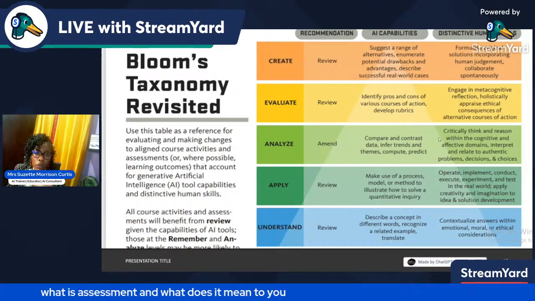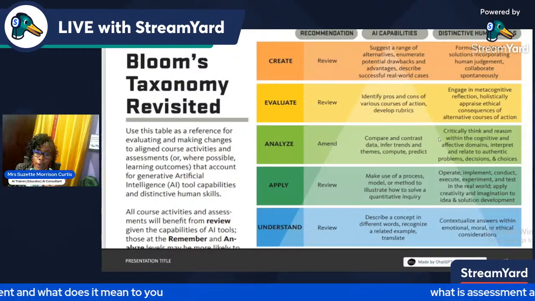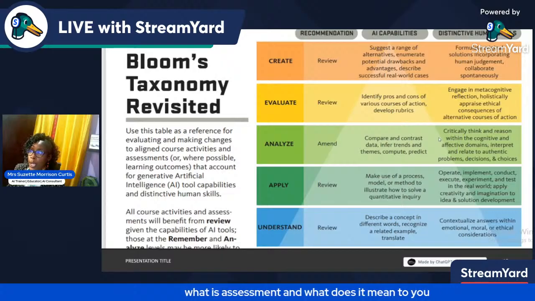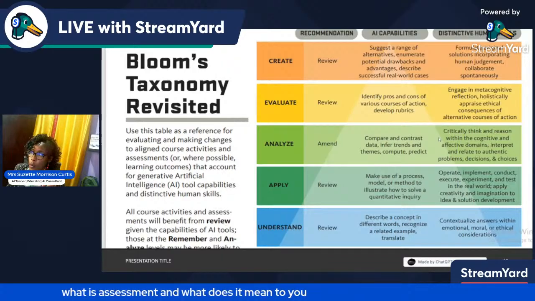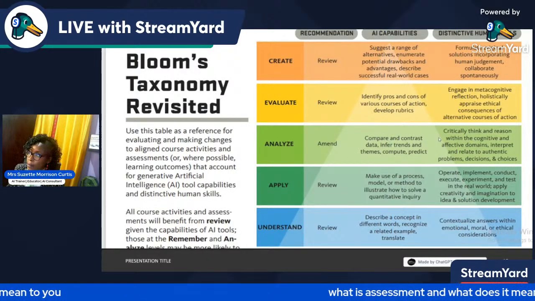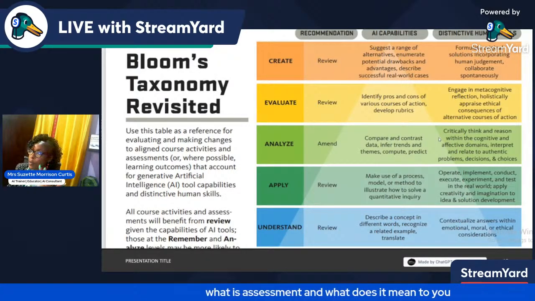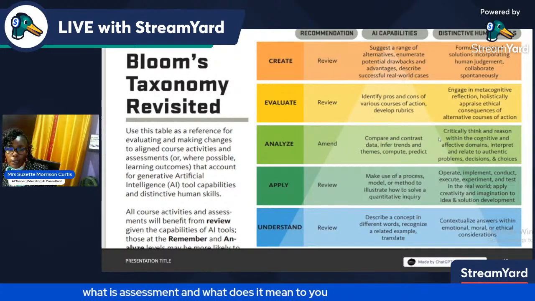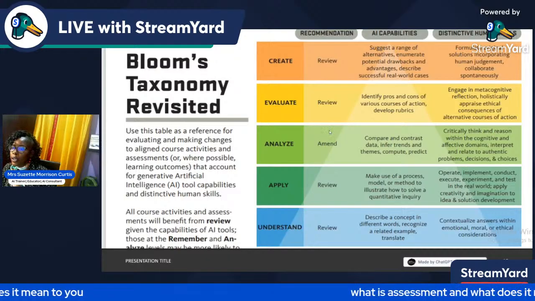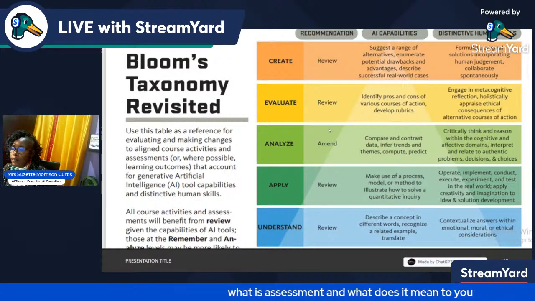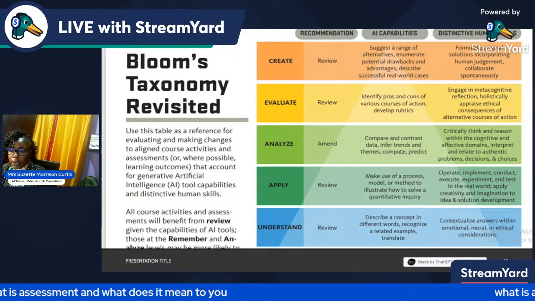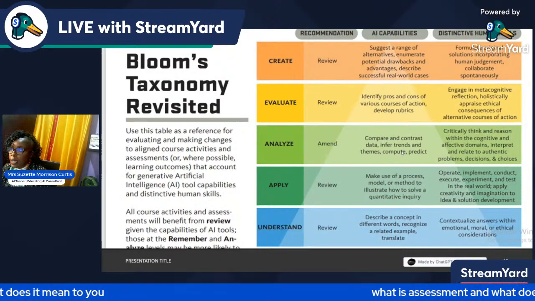You have to ask them to create something, to give their analytical review on something, right? Evaluate now, identifying pros and cons of various courses of action and developing rubrics. So, we're going to be looking at reflective engagement with the student, alternative courses of action, consequences, that type of thing. So these types of changes come with a lot of process knowledge. This is out there in the world, in the big public. So you can take it down and look at it in your own time.